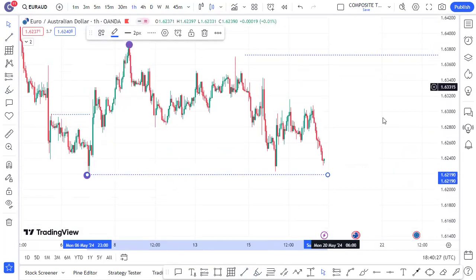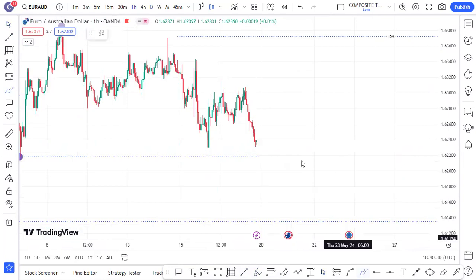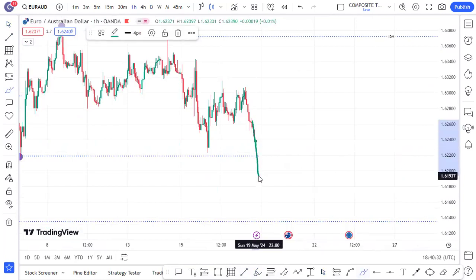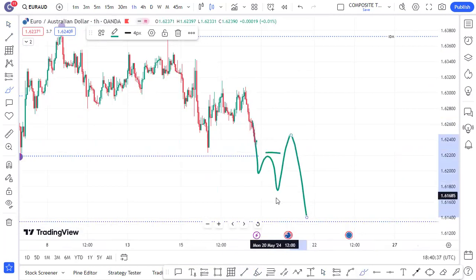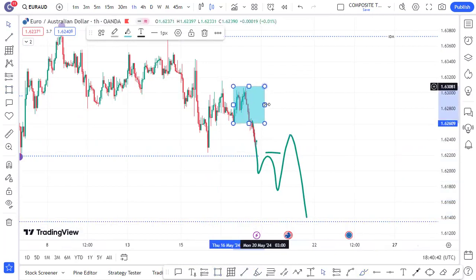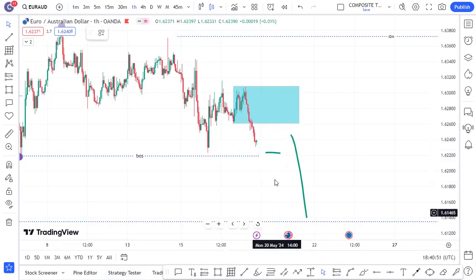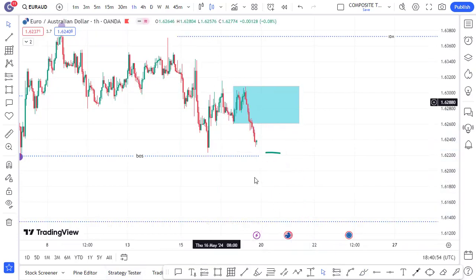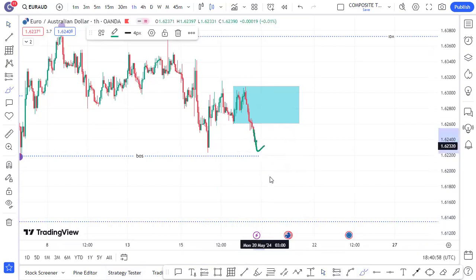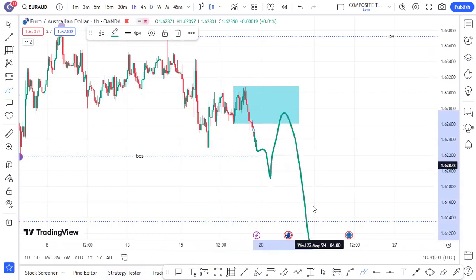So as you can see, this pair again is not a good pair to trade. Tomorrow, wait until it takes out this low, takes out inducement. Once it takes out inducement, right, then you can sell to the downside. And this can be a good order flow that has not been mitigated here. So I really want to see this pair react on this order flow. If we can get something like this and react on this order flow, it will be a good sell.